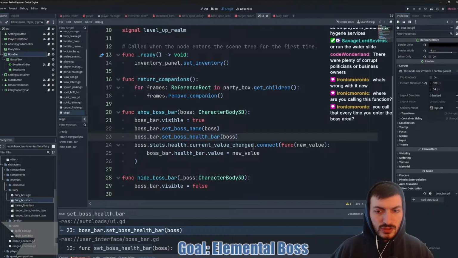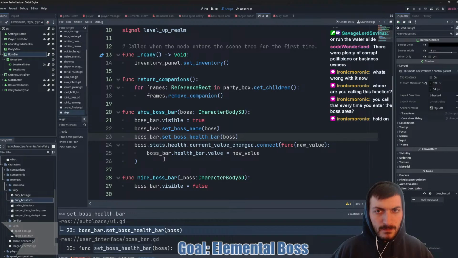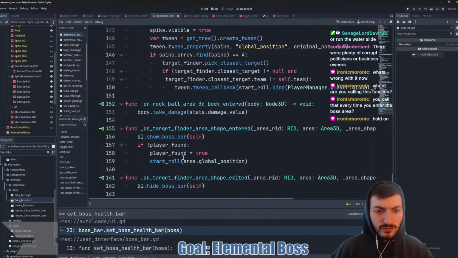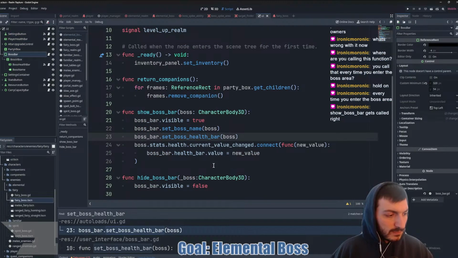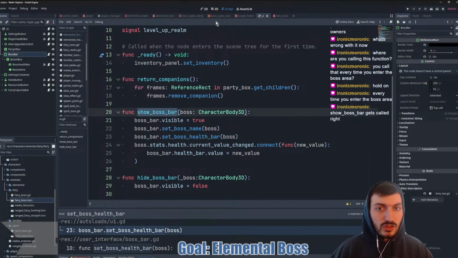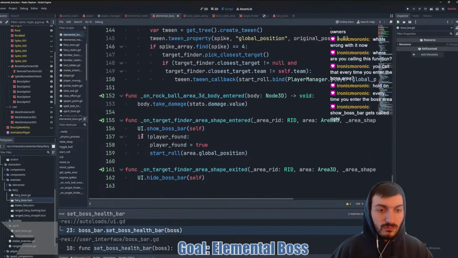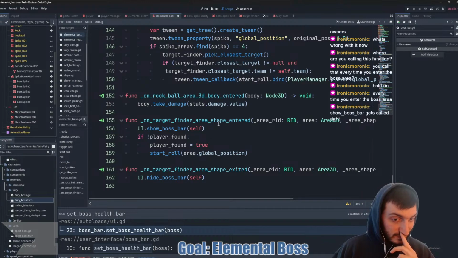So on the value changed, we're taking in a new value and setting the boss health bar to the new value. But we don't need to do that, do we? We shouldn't have to do this at all. Because then on the boss itself, we call show boss bar. Show boss bar gets called, right? Yes. This gets called in the boss itself, right here, when an area shape enters or exits.